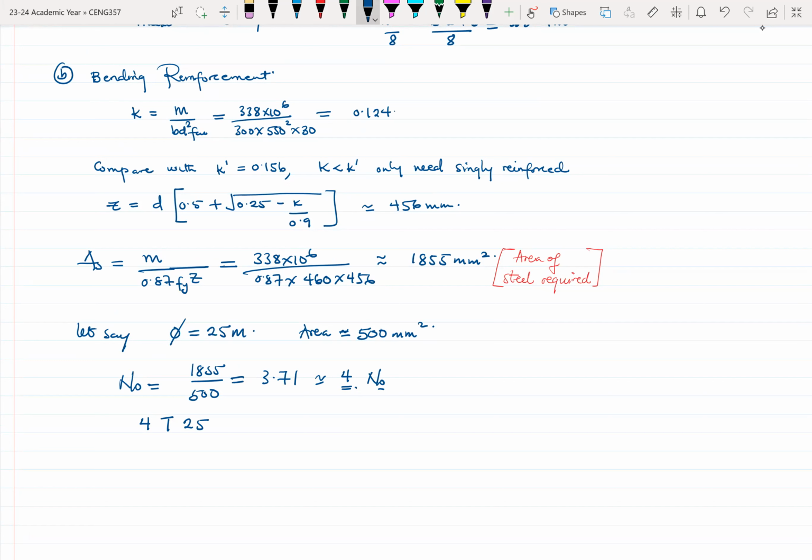Okay. And the area of 4 number 25 diameter rebar would be 500 times 4. So roughly about, let's say, 2000 millimeter squared. Okay. So if you had to draw that,